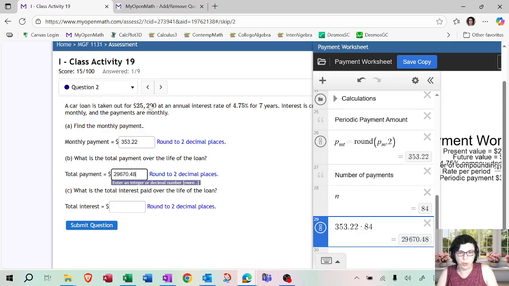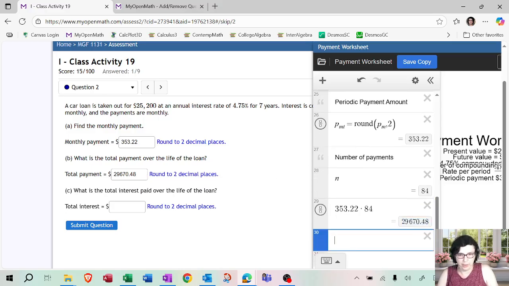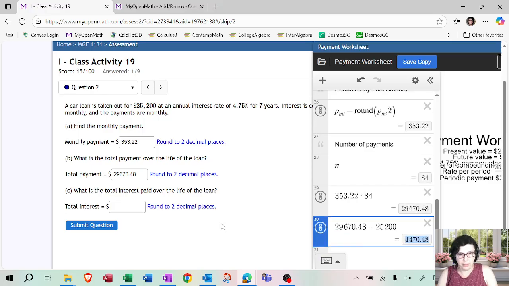It is, of course, going to exceed the amount of the loan. The difference is called the cost of financing. So let's take that number that we get, that's the actual amount of money we pay, and subtract the loan. And so, believe it or not, you're going to be paying over the next 7 years if you did something like that, which, by the way, the rate here looks pretty small, and it's not out of question for sure. That's a lot of money.